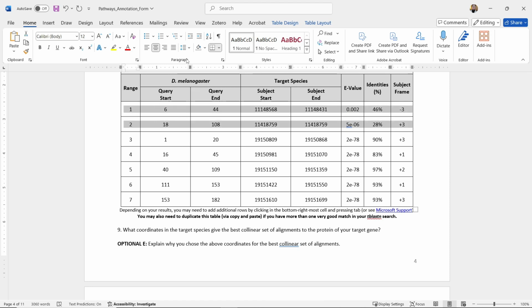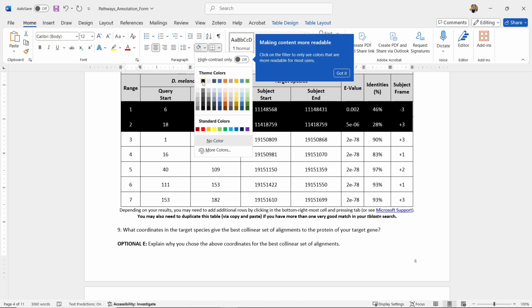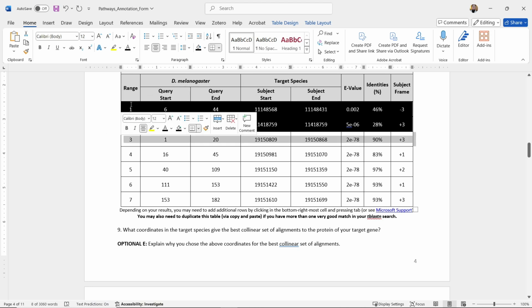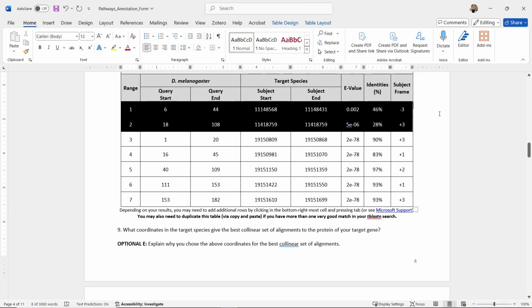So why don't we just change the color there. And I'm just going to black this out as an example here. So if I take these particular areas, I'm just saying, well, what else could we do here? Or let's just say those aren't exactly what we're looking for. Let's take a look at our other ranges.